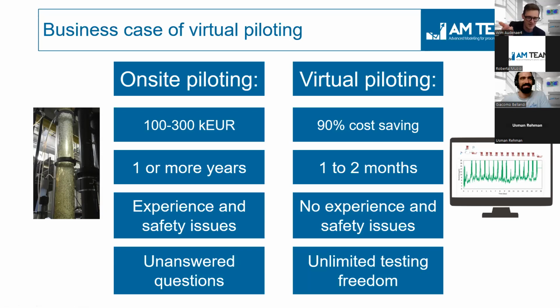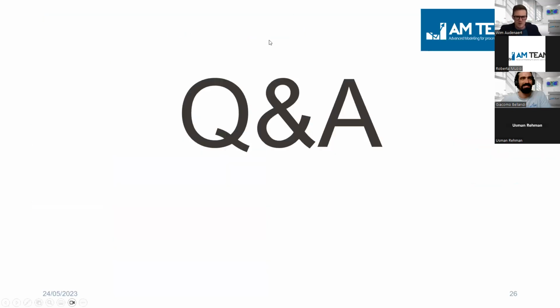So for example, this simulation Roberta has shown, you can really start doing a lot of what if scenarios. And this is what we are going to come back to in a demo of Giacomo on a drinking water digital twin. Okay, so we will be showing that. So good. So yeah, it's quite a big difference. And there are also hybrid modes. In some cases, our clients do a real piloting in combination with the virtual piloting. And then you can keep the one shorter, maybe complement the other and expand the information. So a lot of possibilities here. So let's go to the Q&A and see if there are any questions that came in.